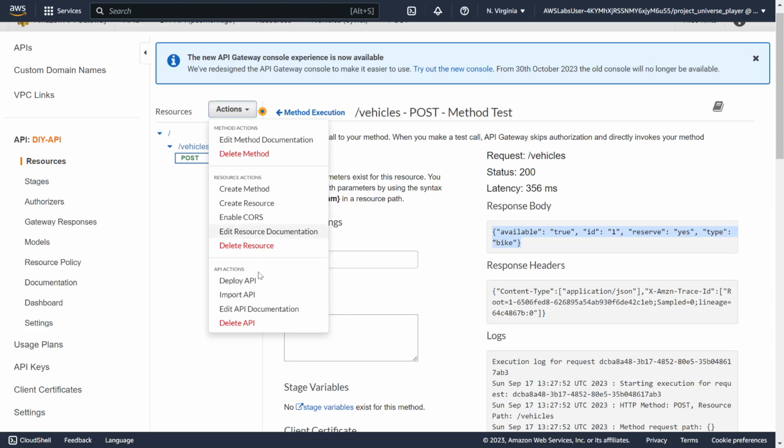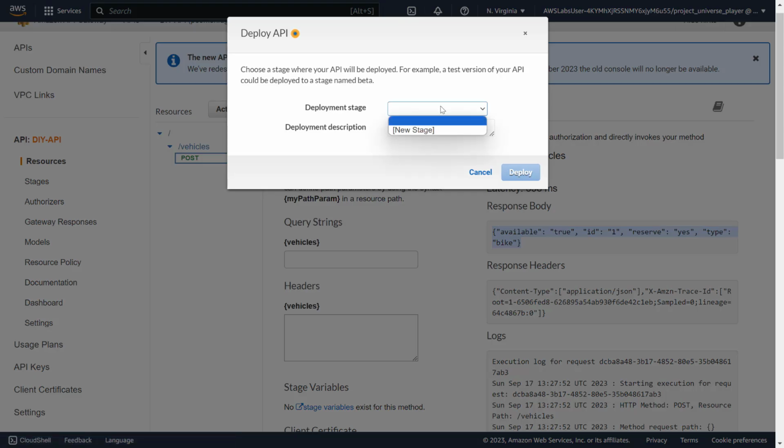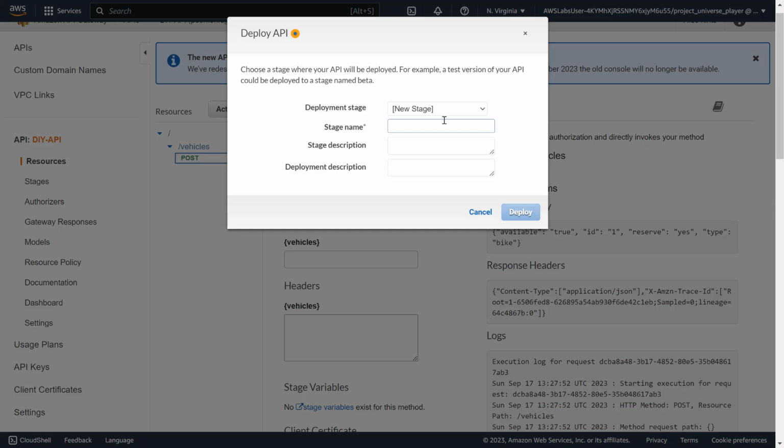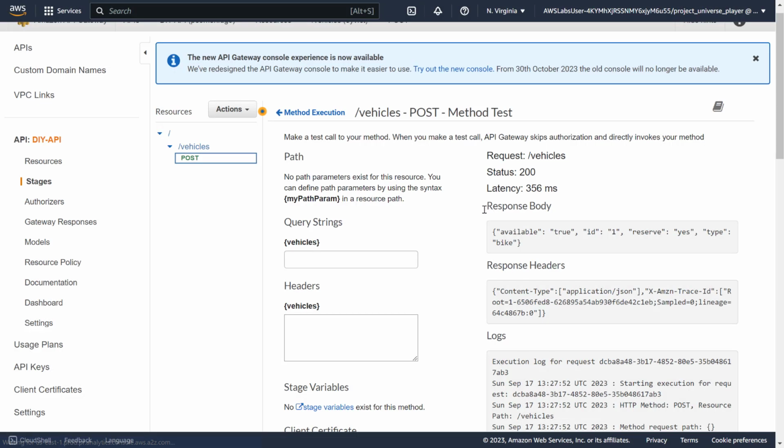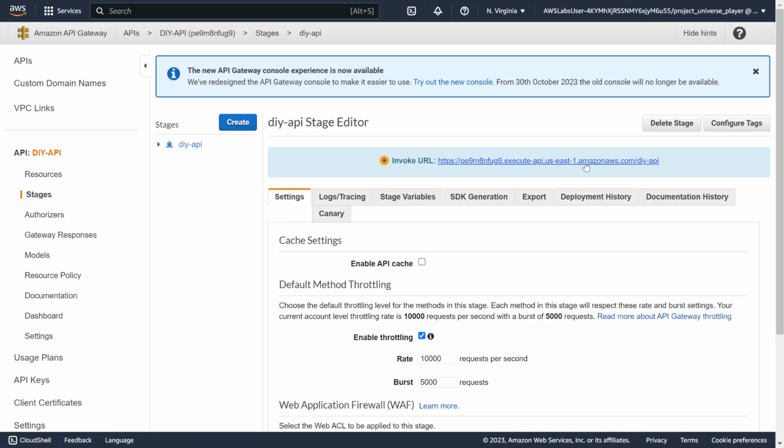So let me go here, deploy API. You remember all this, right? Create a new stage, stage name, DIY API, lab stage, lab deployment. All right, let's click deploy. Okay, it is deployed. Now we got the link, and remember, if I click the link, what will happen? It will throw authorization error